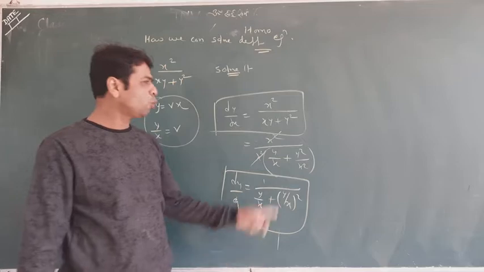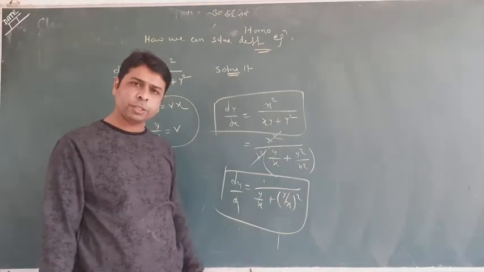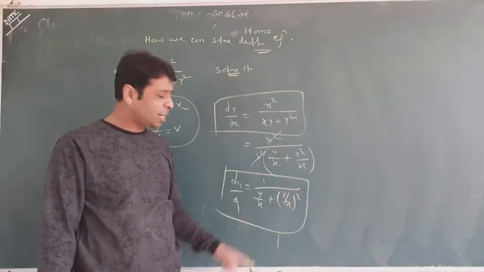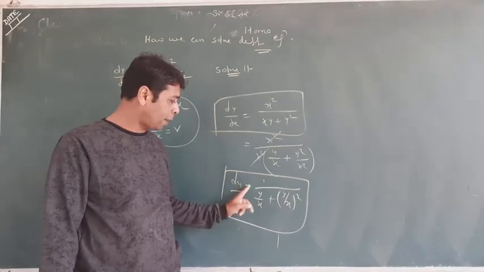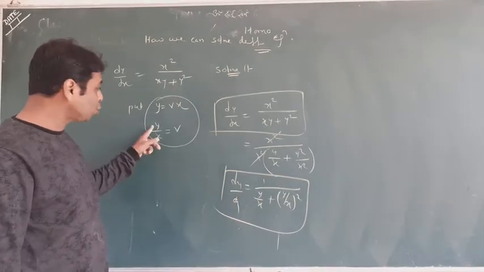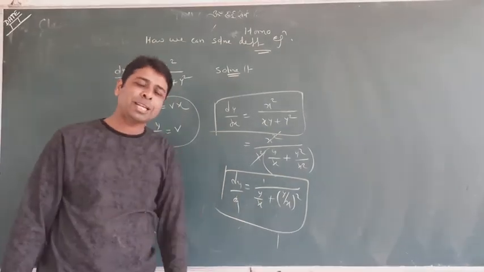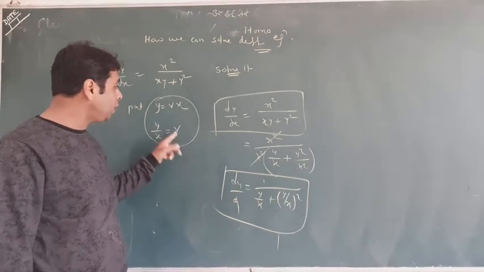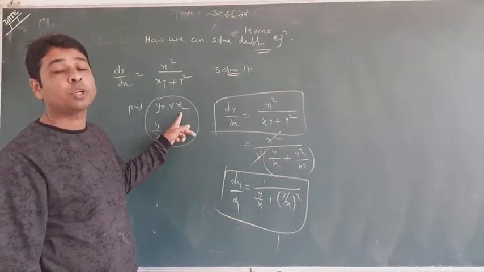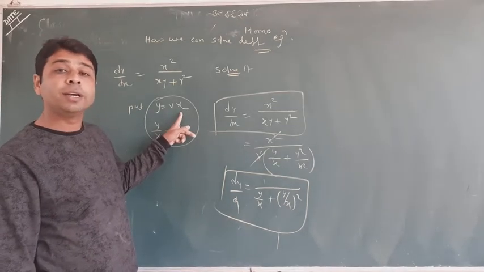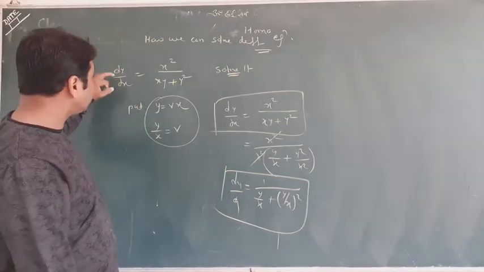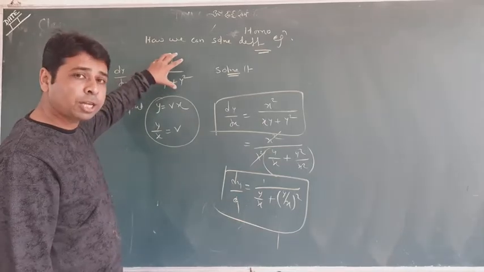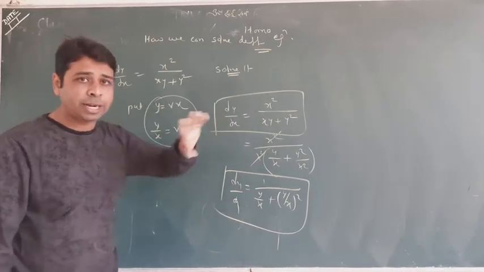Yes, because only I modified and I got this equation. Let me explain one thing: in this modified equation, what is coming? y by x is coming, so I assume y by x equal to v. Keep in mind that is the reason I took y by x equal to v; it means y equals vx. Whenever the question dy by dx equal to a homogeneous function is coming, you will take y equal to vx, and that is the final sentence.